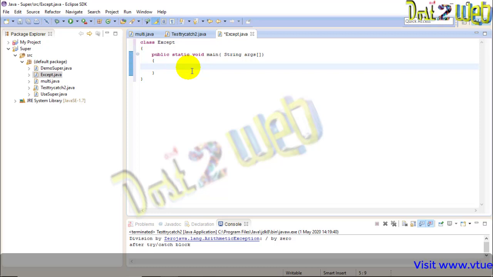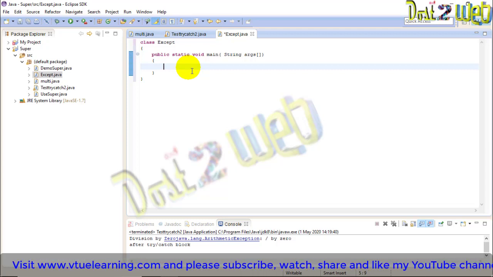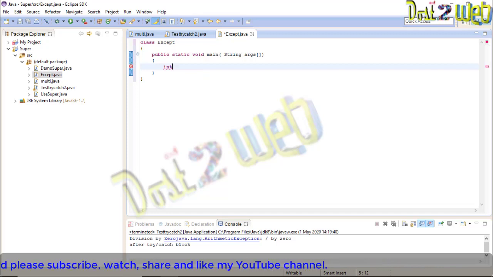Okay, so the main method we have written. As we have specified, whenever you are going to create the exception handling program, we are just going to print the number division by 0. So we need 2 variables, we'll create 2 variables int a and b.